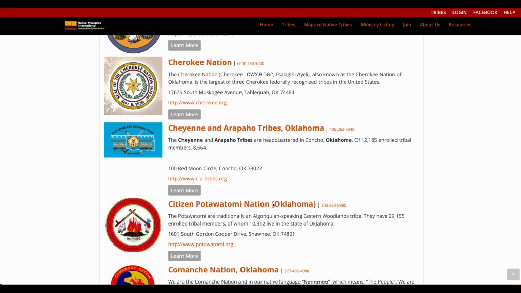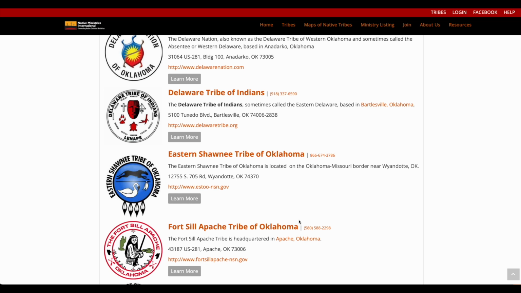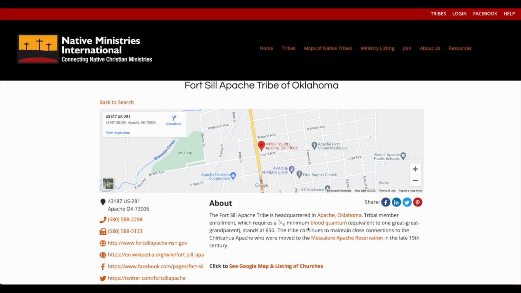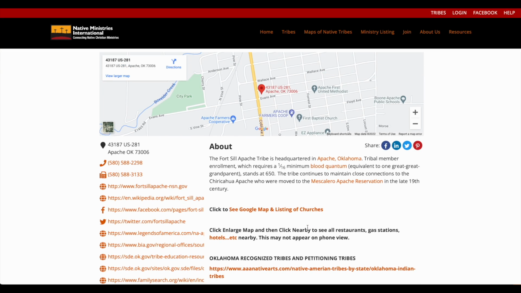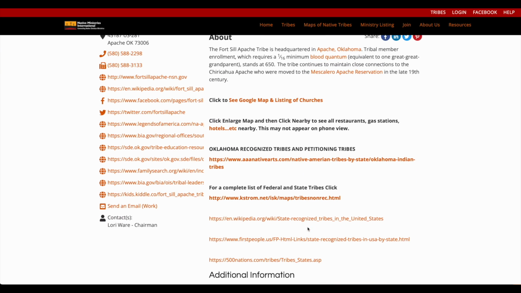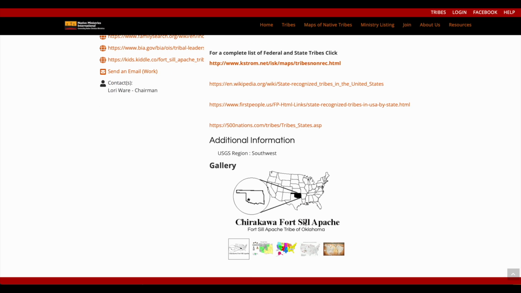You can scroll through them until you see the tribe. There are 8 ways to search for tribes, but this is one of them. You could select a given tribe. You could see their history, all of the supporting sites, Facebook, Twitter accounts, government accounts, BIA accounts, additional mapping features